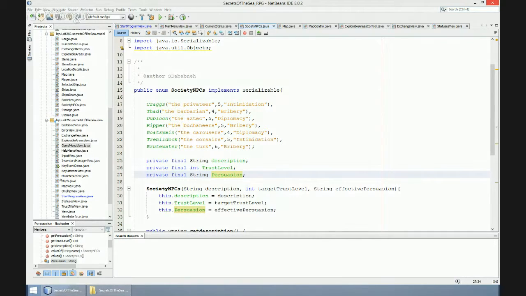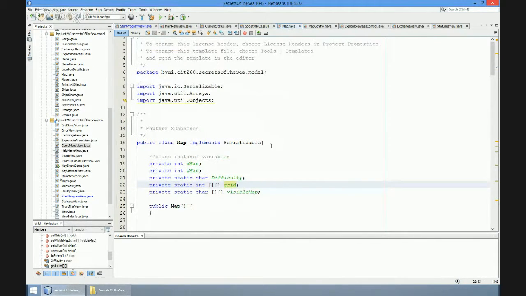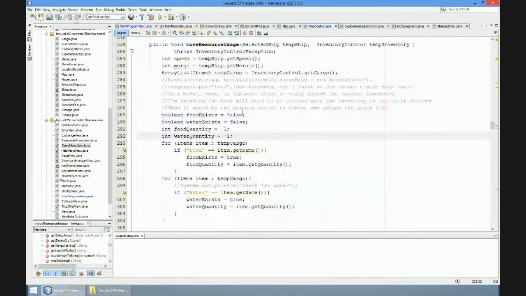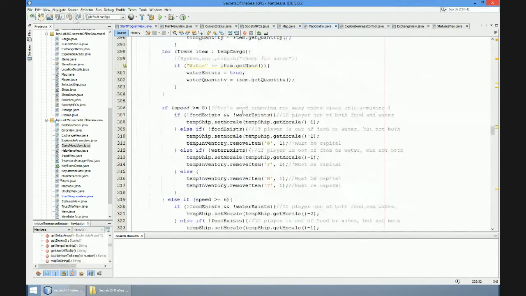Different functions that you may call throughout the game could also be static and non-static. When calling a static function, it requires that you use the class name dot static variable name. An example of that would be in our map.java class. We've got the public static grid, and then if I go into the map control and look for the actual grid piece,